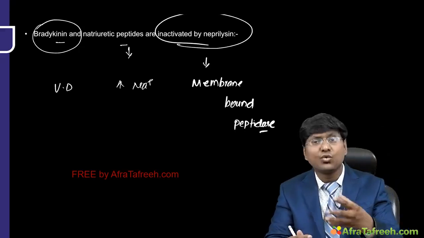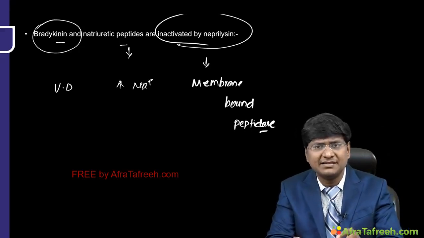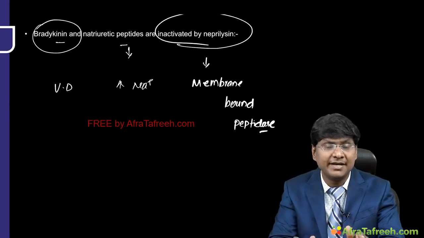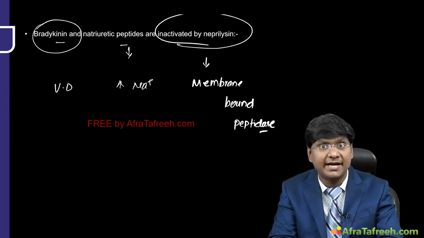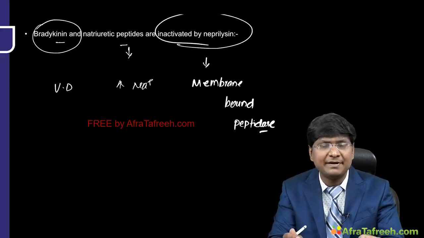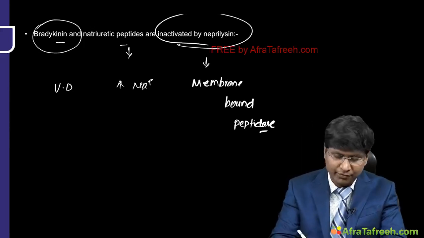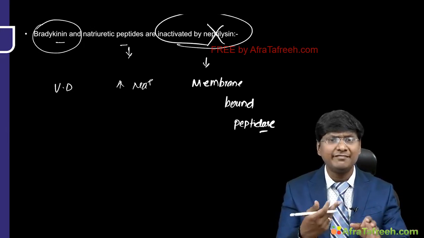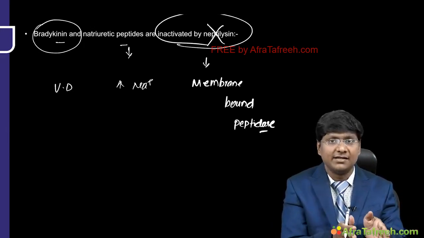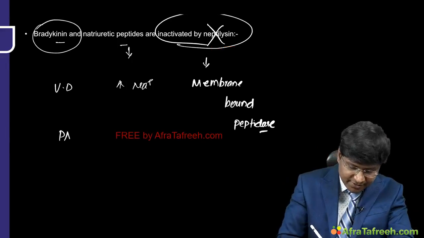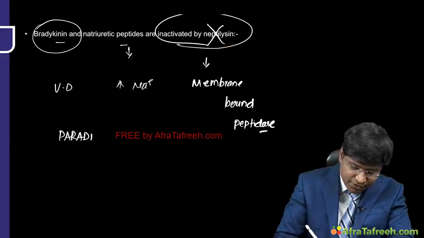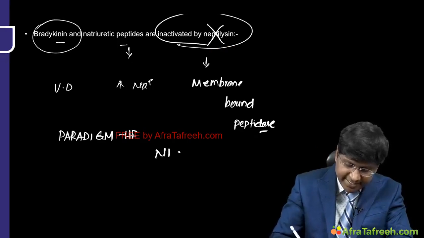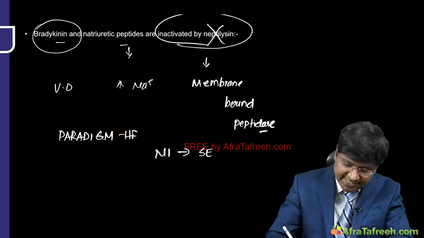Now, what is the role of this neprilysin? It is not good for the heart because it is neutralizing the natriuretic peptide as well as bradykinin. So, do you want this neprilysin in case of heart failure? No, we give neprilysin inhibitors. We have the recent new trial, that particular trial is the PARADIGM-HF trial. In the PARADIGM-HF trial, there was the use of a neprilysin inhibitor, and the example of the neprilysin inhibitor is